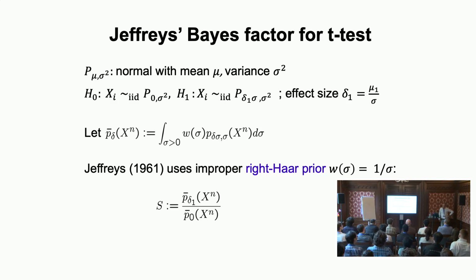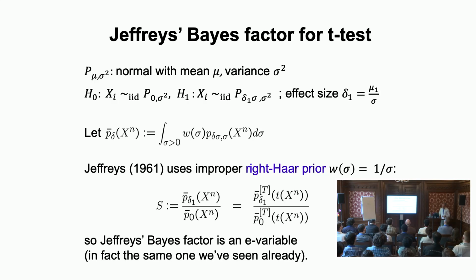And he instead said, and mathematicians sometimes laugh about it, that usually the only prior information we have in such a case is that we want our inferences to be scale-free. If we measure in kilograms or pounds, it shouldn't matter for the outcome because that's arbitrary. So we want a prior such that we get a procedure which gives the same outcome irrespective of our unit of measurement. And then he showed that there's only one prior which does it, which is 1 over sigma. That's really how physicists think. I really like that very much. So he says that's the only reasonable choice.